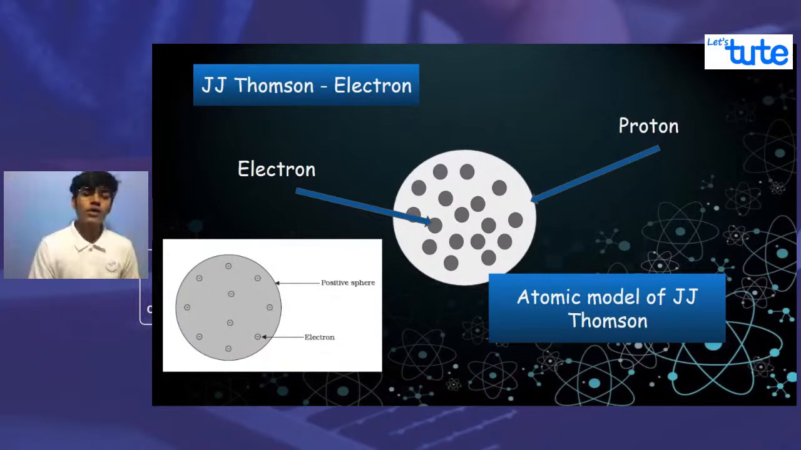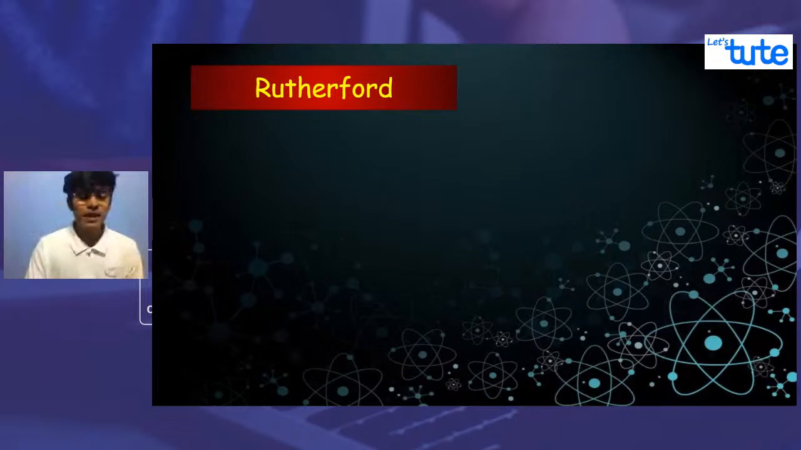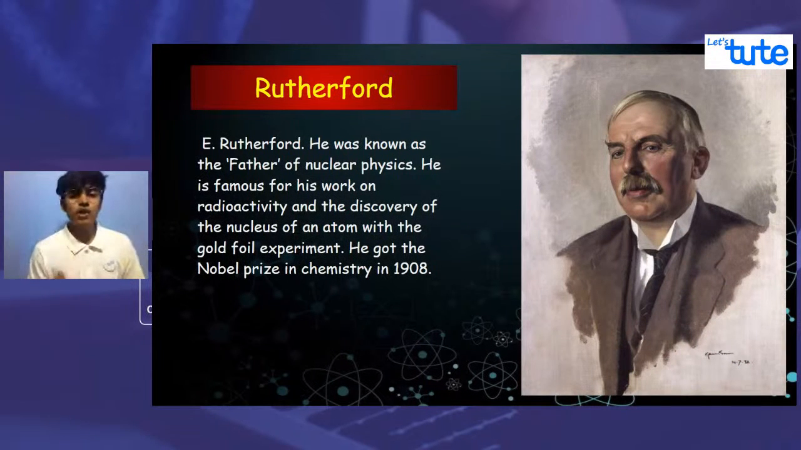Okay, now what was the need, or why did the structure of the atom change? Because there was a scientist who had performed an experiment, and J.J. Thomson was not able to justify his results. So who was the scientist? Let us try to understand Rutherford's experiment. Who is Rutherford? Ernest Rutherford was a well-known scientist, known as the father of nuclear physics. He worked on radioactivity and the discovery of the nucleus of atoms,